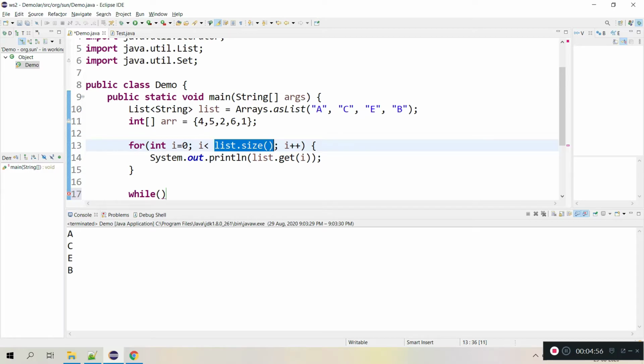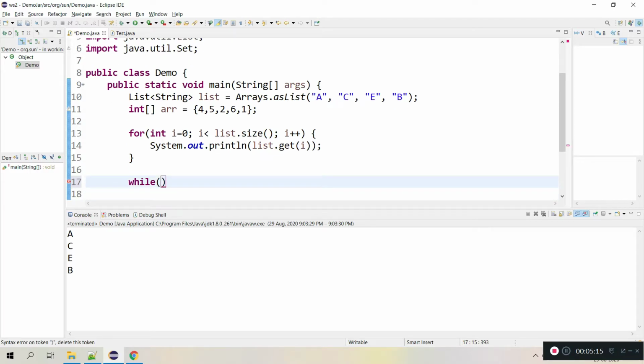So we know the end boundary is 10, so we can iterate 1 to 10. But in a while loop, we give such a condition that we are not sure how many iterations it has to go. It may be finite or infinite based on the condition that we pass. Until it passes, it will iterate.